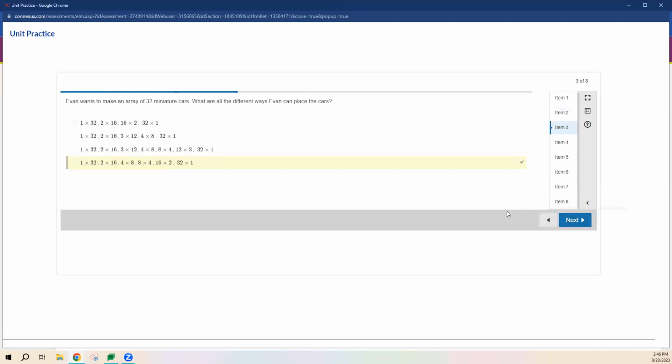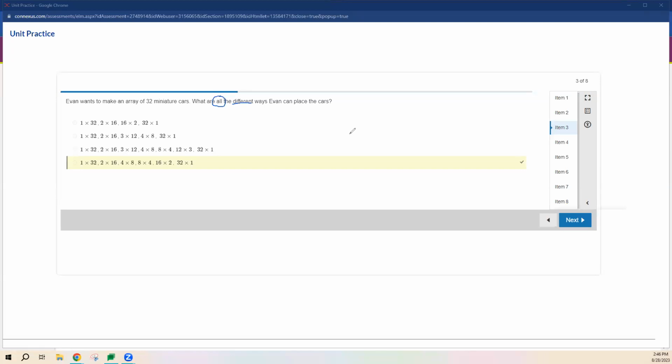This one says, Evan wants to make an array of 32 miniature cars. What are all the different ways that he can make his array? I want you guys to notice a keyword in this question. All. What are all the different ways that he can make his array? So remember, when we're making these arrays, we're not repeating facts, right? Well, we can repeat facts, I guess. Usually we don't, but we want to make sure that we are finding all of the ways,